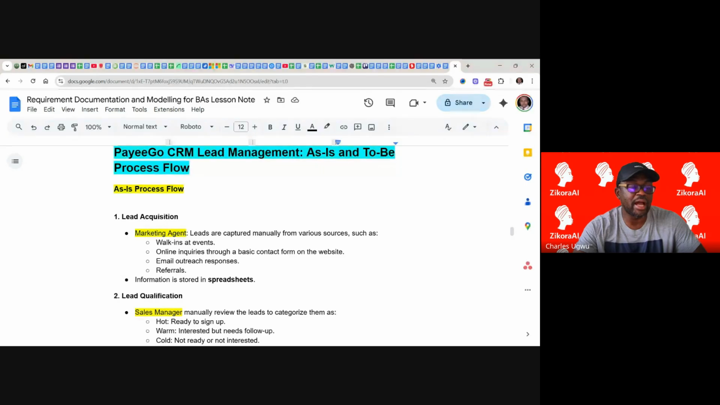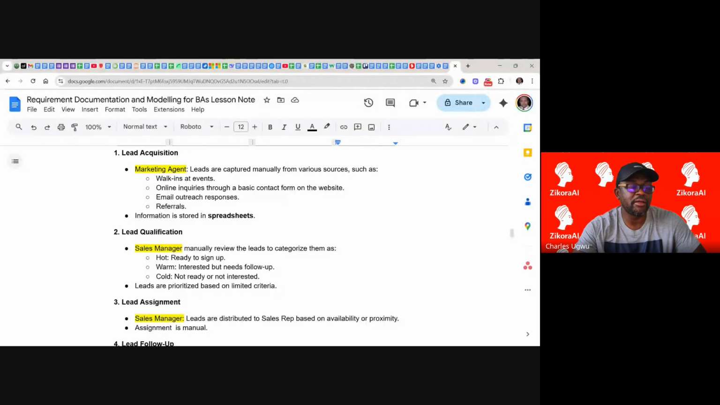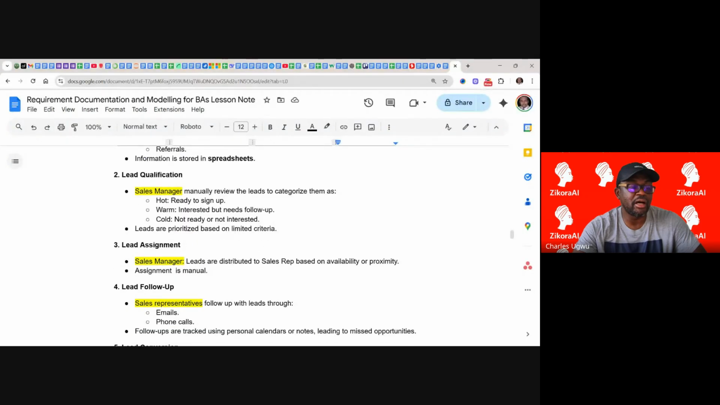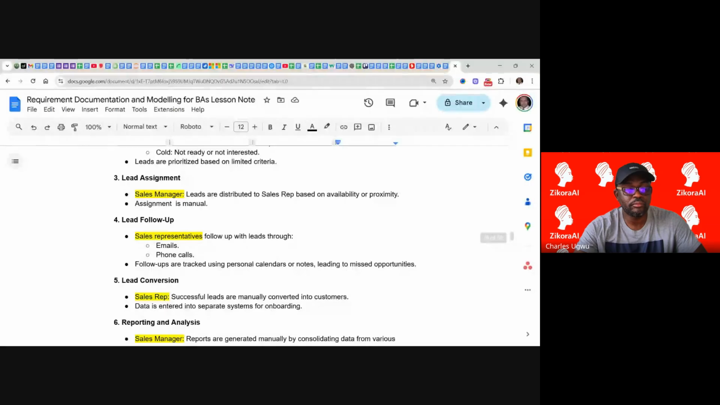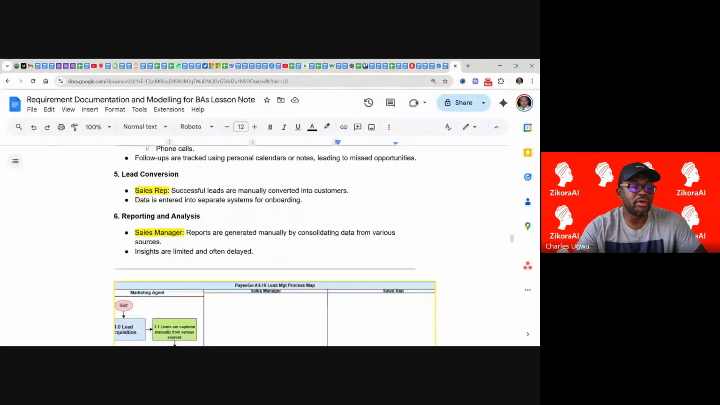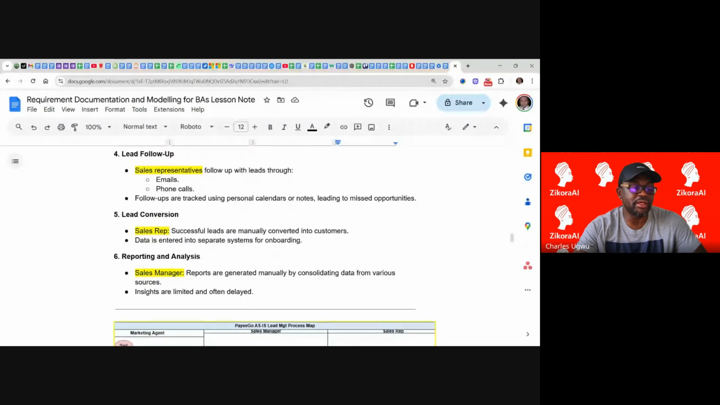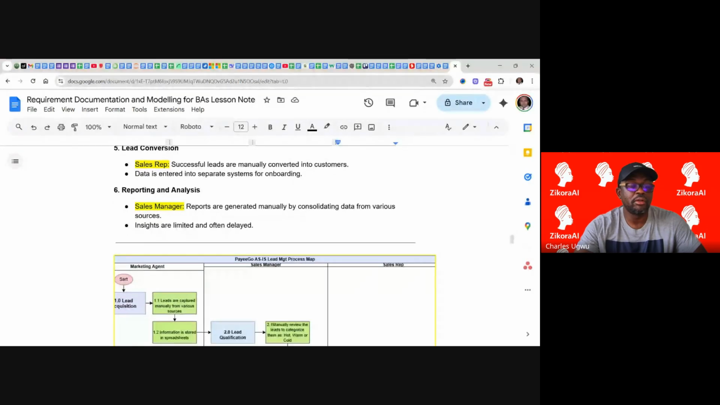we equally captured the actors, who the actors are and what they are doing. Actors here are like the sales manager, marketing agent, sales representative. You need to show what everybody is doing. And after that, because we have different actors here, we need to use what we call